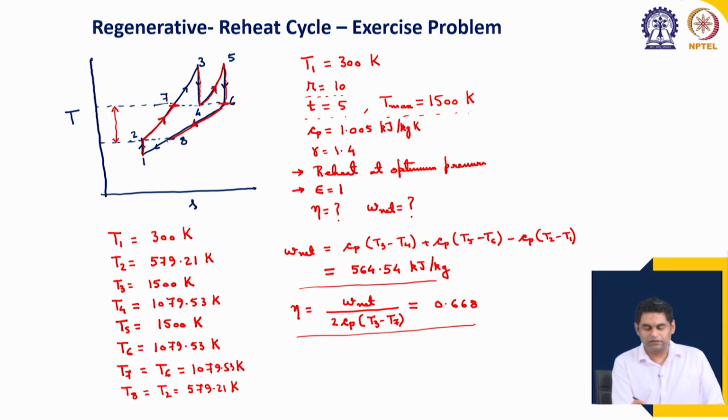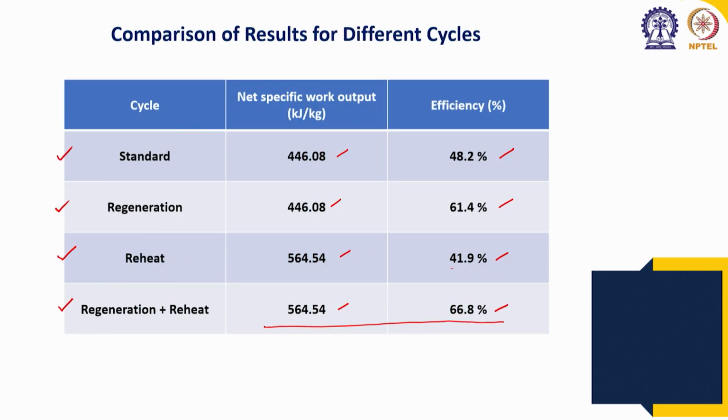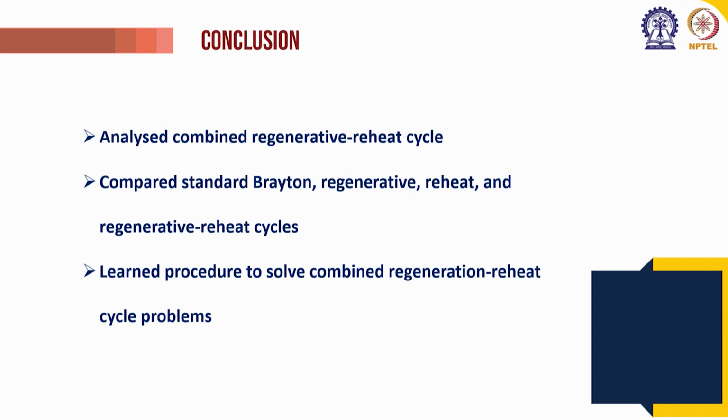So, reheat plus regeneration is very effective, because now we have more scope for regeneration, which increases the efficiency. Okay. So, with this we have reached the end of this class. So, to conclude or to summarize,